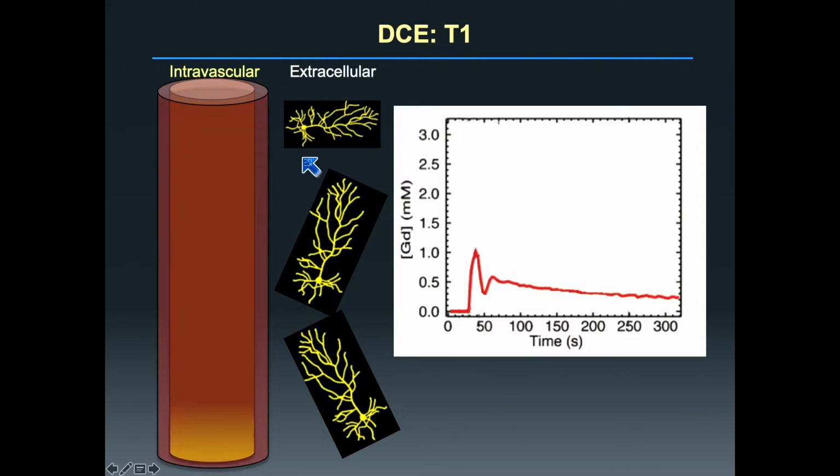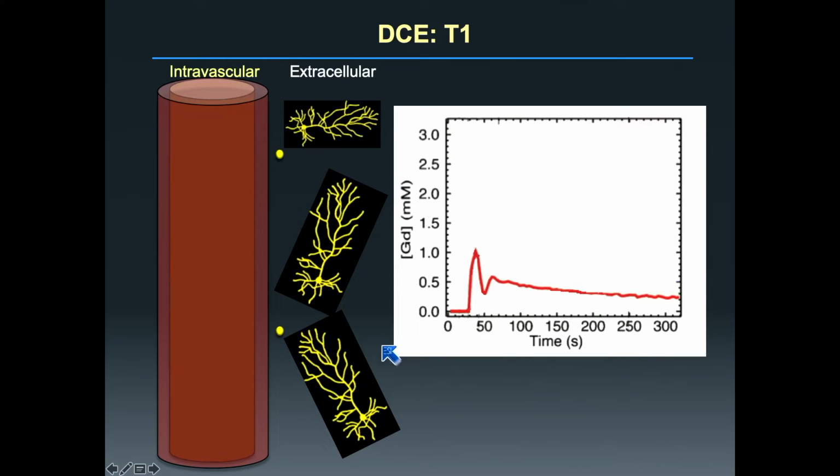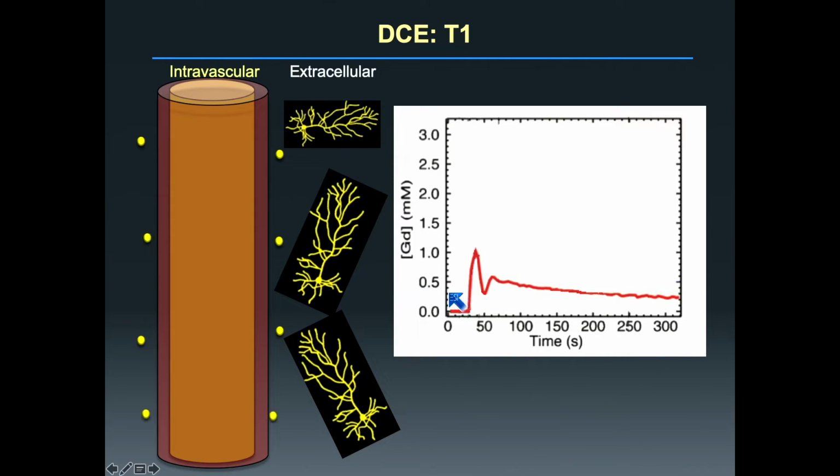In order to do that, you need to reach an equilibrium state. So that's why you basically need to image for a relatively long time. The minimum time is about 5 minutes. That's the recommendation that has been suggested in literature. So it's about 5 minutes or 300 seconds. Basically, you acquire these series of T1 weighted imaging until the gadolinium reaches the equilibrium, and then